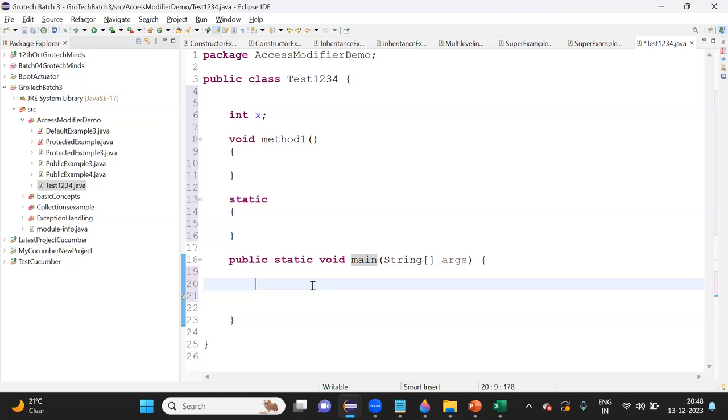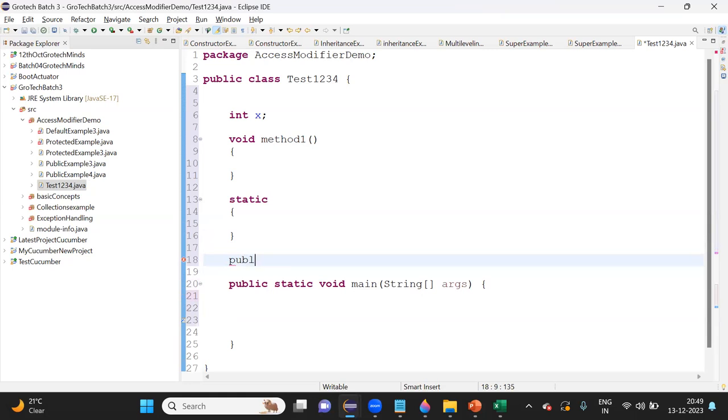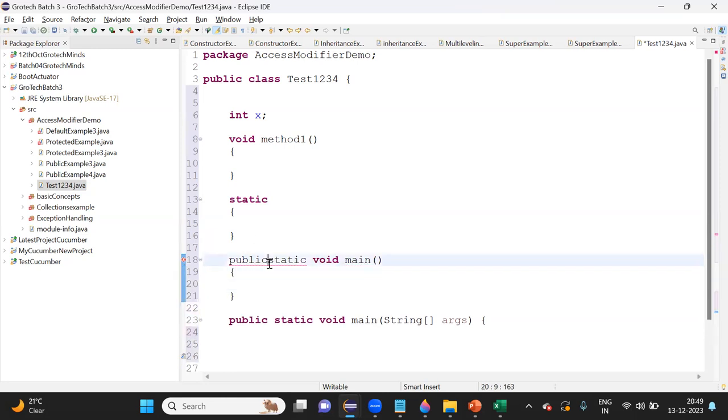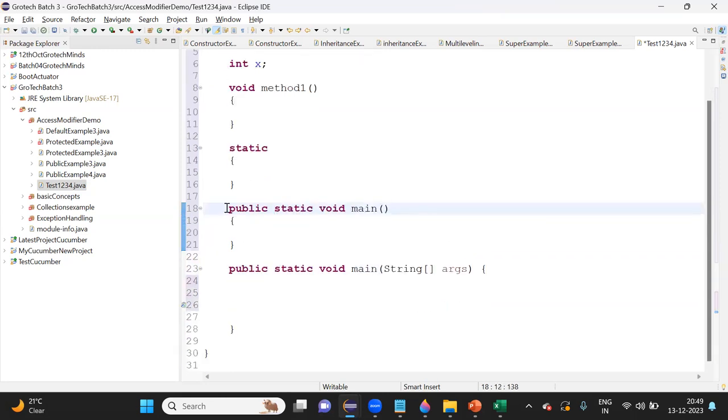So how will the Java compiler know? Suppose I have created another main method. We can create another main method over here, right? I can write over here public static void main. This is also fine. We can have multiple main methods over here, but how will the Java compiler know from where to